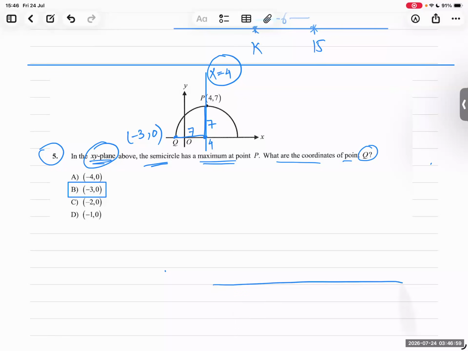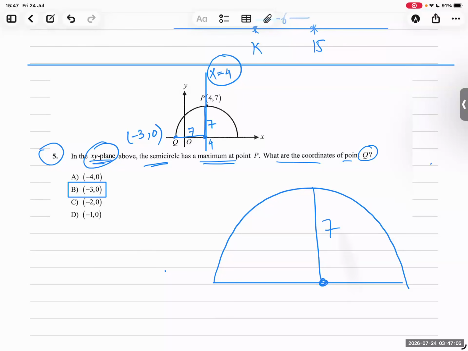Is that clear now? See, this is your semicircle, and this is your center. If you move 7 units from here, where you are at 4, 0, if you move 7 units before, that would be minus 3. So this has to be part B. Done? Okay. Next is,